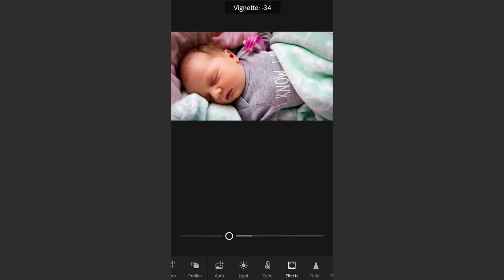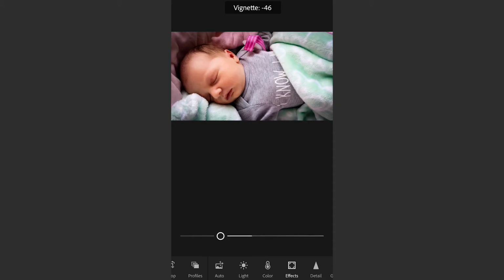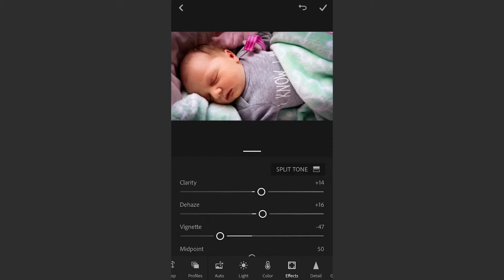If I take it down all the way, you'll see the black, you'll see the white. But I'm not going to take it down too much, because what I want to do is make sure there's a focus on the middle of the photo. So I'm going to take the vignette about halfway down, and you can see it there. And once I click on it, you can just see, look at that difference. A little bit yellow, I can just actually go back